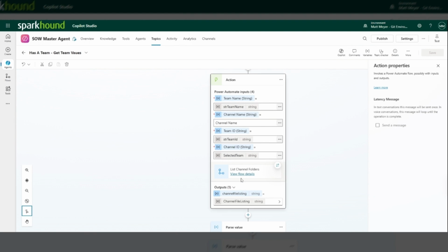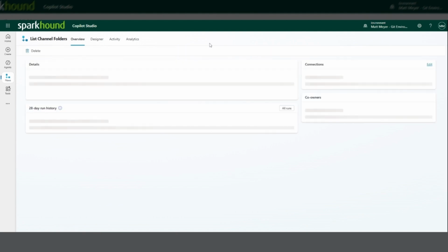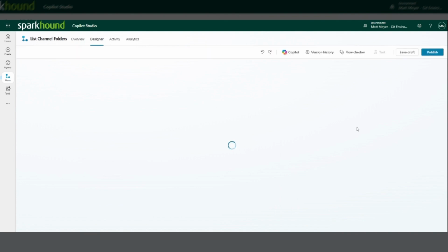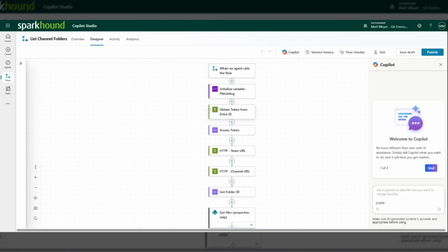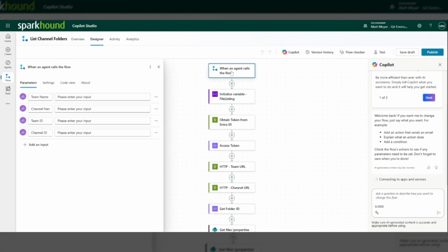It might look like this. Here we go. So here's my agent flow. Let this load. We'll go to designer. And you'll see a number of different kind of things here. So first of all, I have when the agent calls the flow, and I'm going to pass a few pieces